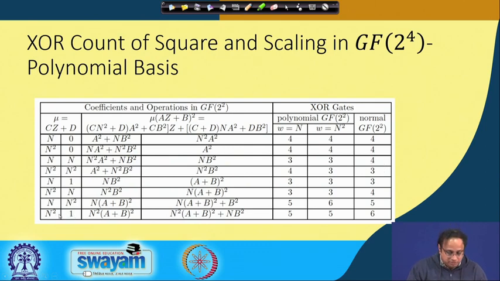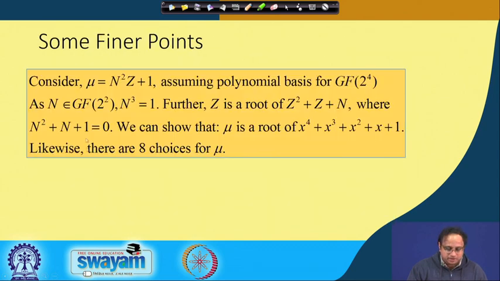In particular, let me show you with one of the examples, say the last one. So n square, in this case mu is nothing but n square c plus, so c is your n square and d is 1. That means the value of mu in this case is n squared z plus 1. So if I take that, then mu is n squared z plus 1, and assuming the polynomial basis for GF 2 power of 4, that means